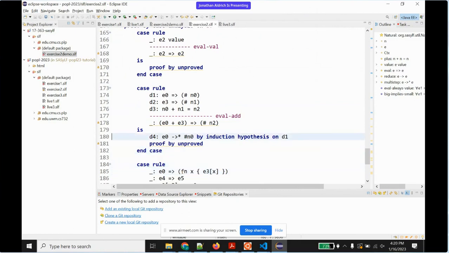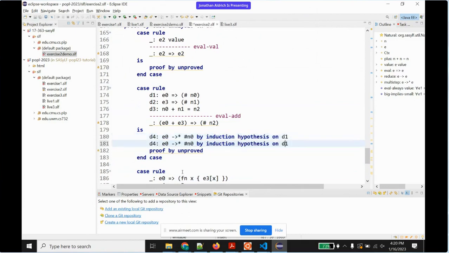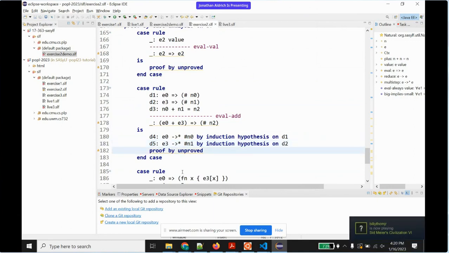Okay, so right. So we'll have a D5. So your next part of the strategy was to show that E3 goes to N1 by induction hypothesis on D2. Let's see. Okay, and so now,